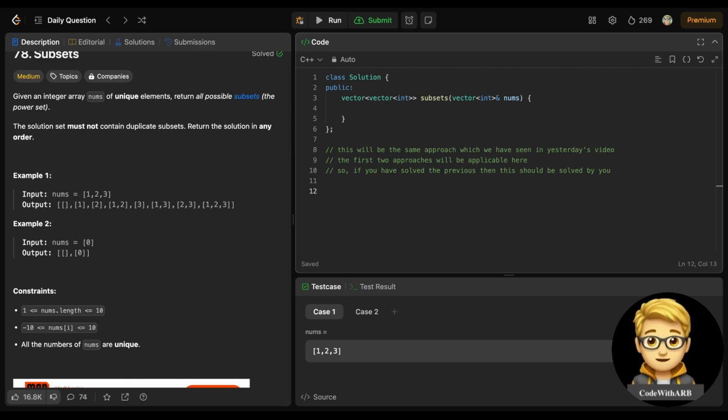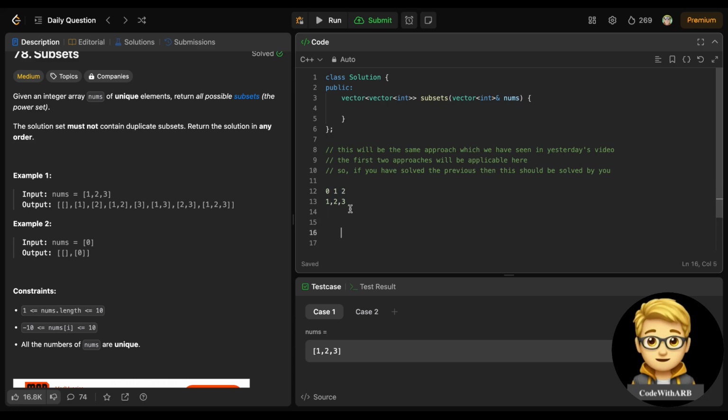Here we need to form a recursion tree, right? In recursion, we will start from 1 to 3. So we have been given 1 to 3. The first thing is that either I can take one or not take one. These are the 0, 1 and 2 positions.